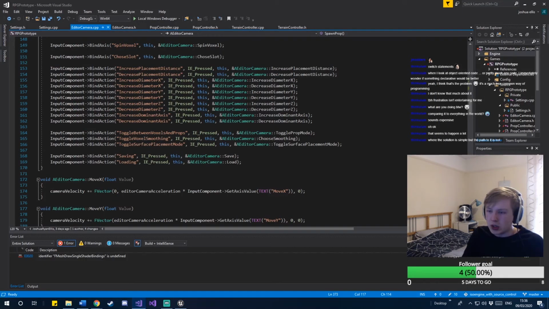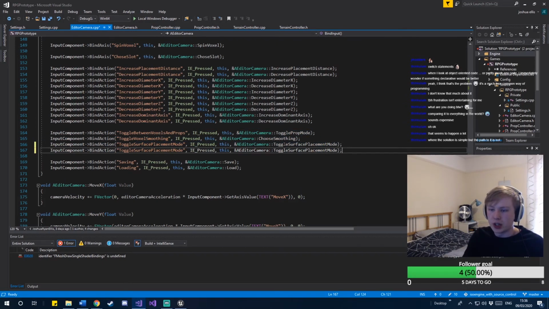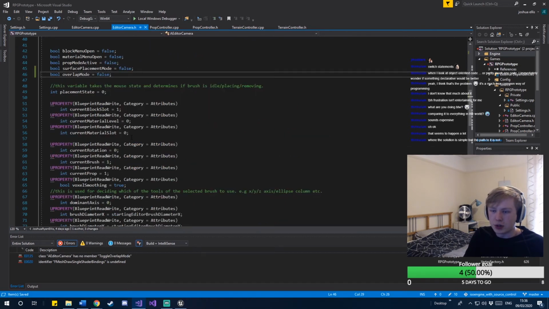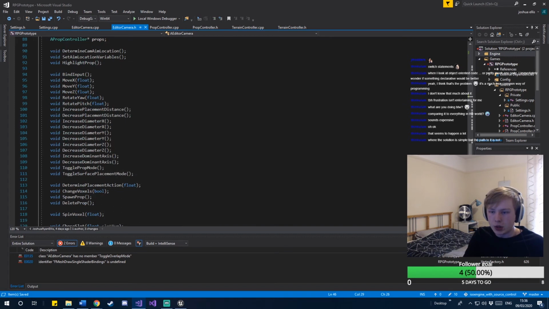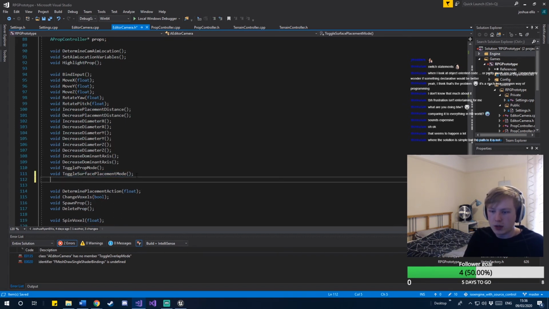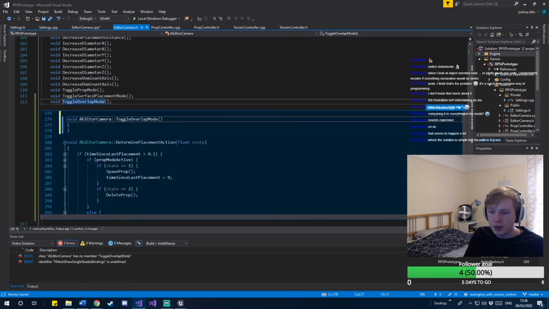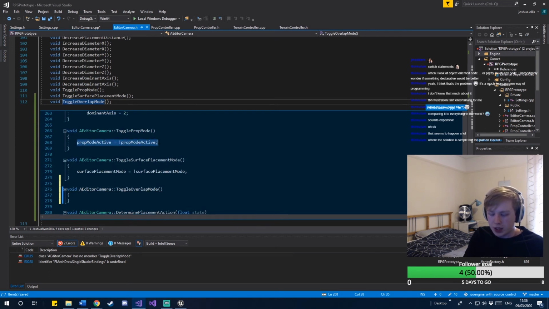So what I do now is I go into here, I can copy one of these functions because they're virtually identical other than the names that I'll give it. So toggle overlap mode. And then again I will put that at the end there, but then I need to make a function definition called toggle overlap mode. So I'll just copy this function definition here, rename it, create a definition, and then it's literally as simple as